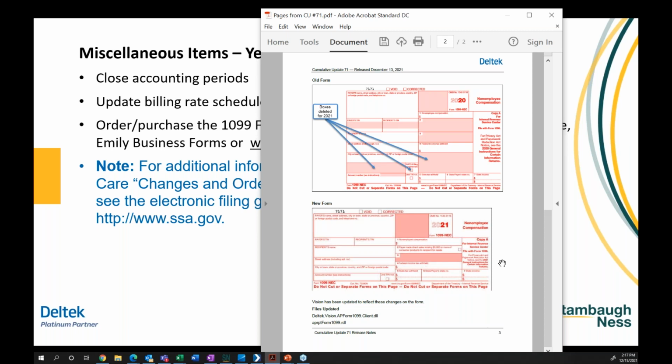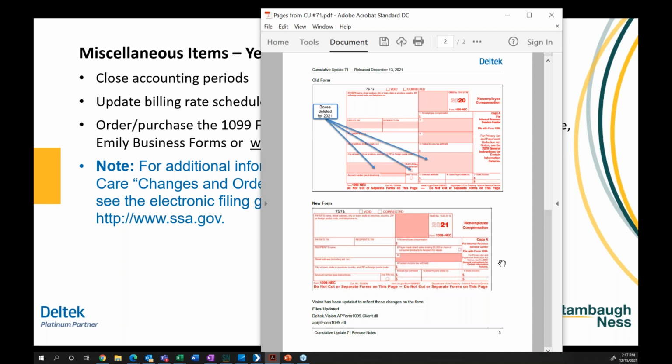Got it. See, this is where this time of year, right? I don't understand why the government can't make these decisions and changes earlier on in the year. Why it always has to be at the last minute. I'm sure it also drives Deltek and software developers crazy, making those last minute changes as the government decides to change things. Same thing with rates, right? When you think about tax changes, sometimes the rates aren't published until the beginning of January and you're trying to run a January payroll. So that's why you have to kind of stay on top of these things.